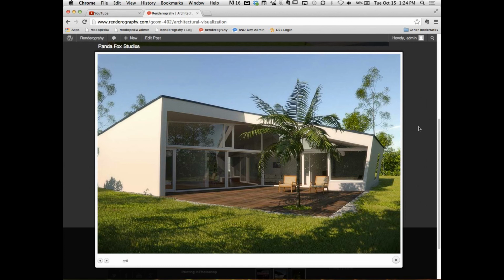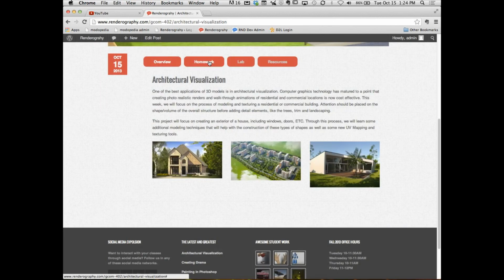Okay, it's going to be a tremendous amount of fun. I love archviz. It's really cool. All right, so if we go over into our homework tab for a second here,